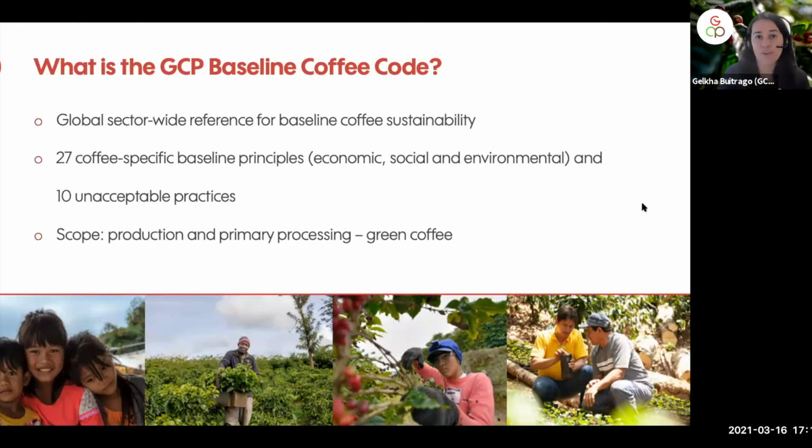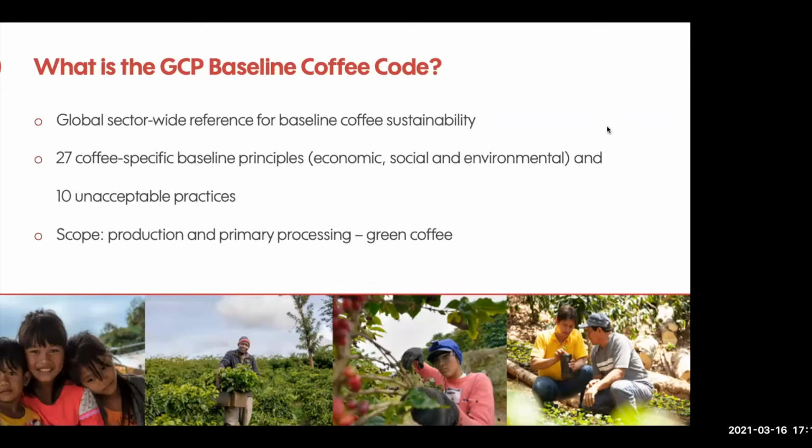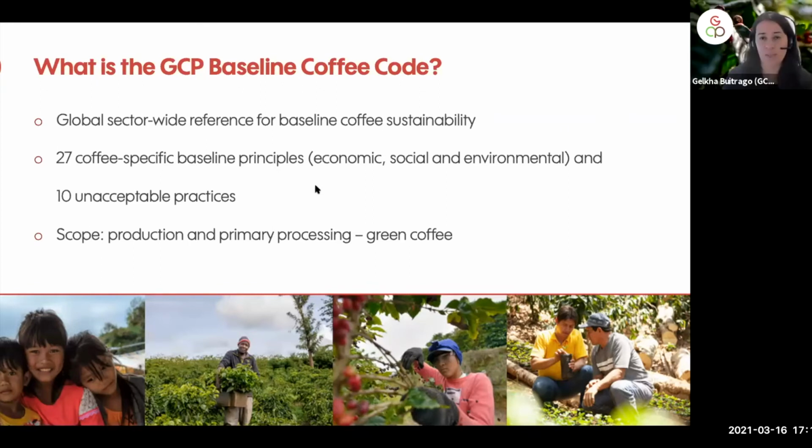The current version of the Baseline Coffee Code has 27 principles that cover topics under the economic, the social, and the environmental dimension. And it also has 10 unacceptable principles that are those practices that we want to see eradicated from the coffee sector. And we all know that sustainability is an evolving concept. For example, the topic of climate change was not so present in our agenda 10 years ago. So this revision and this code is an invitation to align at scale around